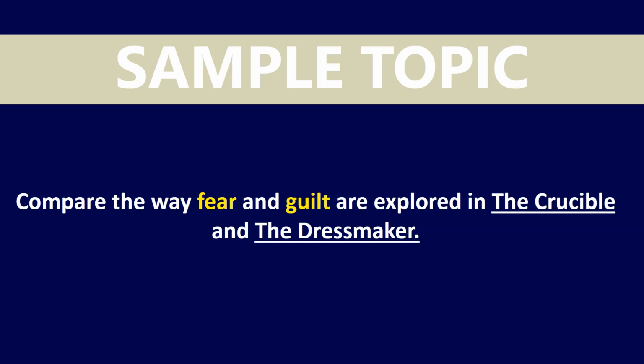Then consider how the authors explore these ideas. Is it through, say, their structure, for example? We know that flashbacks are quite prominent in The Dressmaker, and you might look to use these in terms of looking at Tilly's guilt. When it comes to fear, perhaps consider, say, Arthur Miller's authorial interjections when he talks about the forest or in the opening part of the text, and this fear of the invisible. Think as well, or make that connection between the fear of the unknown, or the fear of witchcraft, and the fear of communism, which pervaded 1950s American society. That might be a really good way in to look at the messages that Arthur Miller is trying to convey.